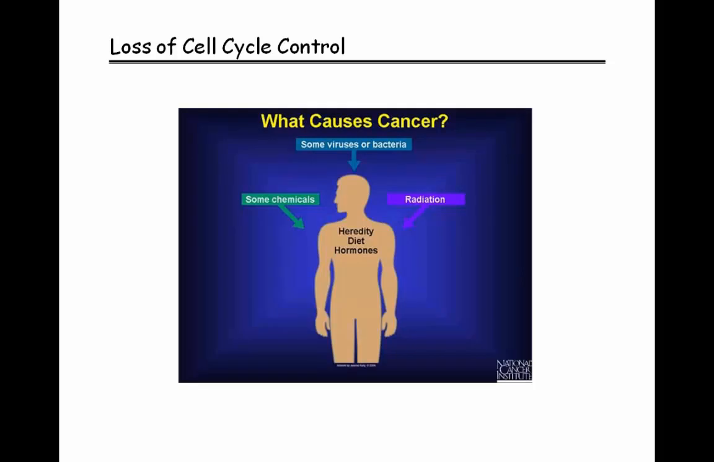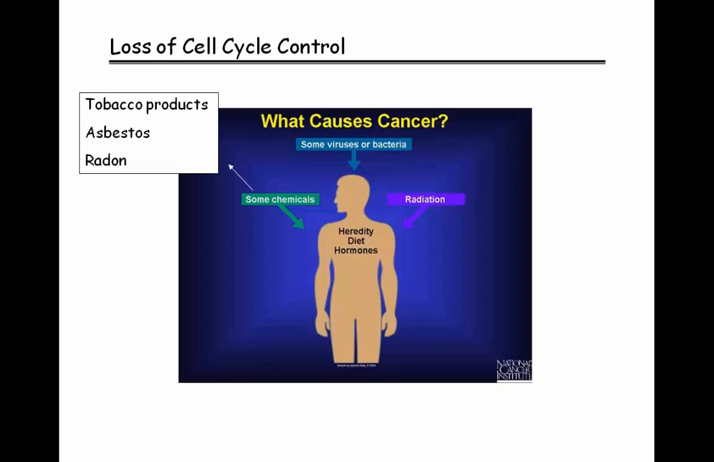So if we talk about types of things that cause cancer, many of these things you've probably heard of before. There are a number of chemicals that certainly cause cancer. Some of these you probably are very familiar with. Tobacco products can cause cancer, asbestos, radon. There are certainly other chemicals as well. And anytime we have a chemical that causes cancer, we call it a carcinogen. Okay, so if you've heard of a carcinogen before, that's basically just saying that that chemical has the potential to